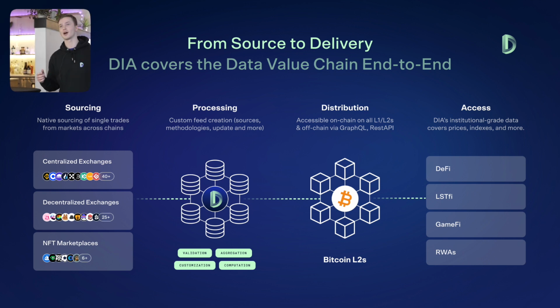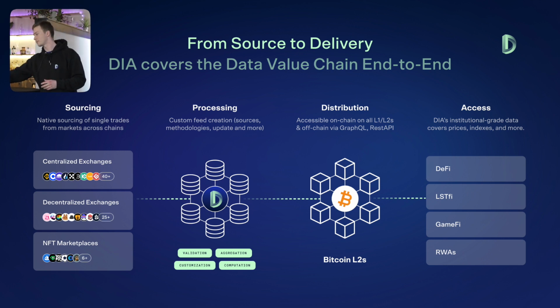We are now able to work with chains that are building on Bitcoin, these L2s, and provide not just the typical ERCs, but the BRCs as well. As these ecosystems become more vibrant, more DEXs are launched on them, we're going to be able to integrate, scrape those DEXs, and support the vibrant DeFi ecosystems that are being built on these exciting L2s. And so that's really, I think, this area of alignment where we see ourselves being able to support the innovation that is happening on Bitcoin L2s.